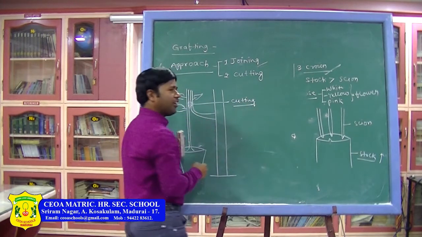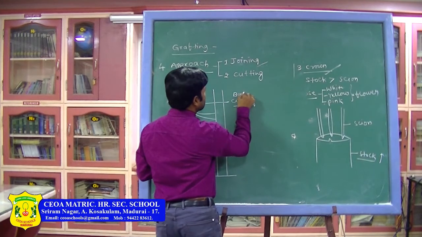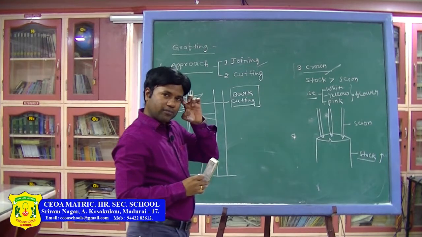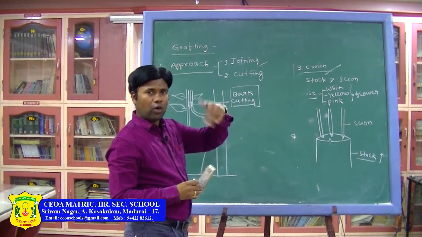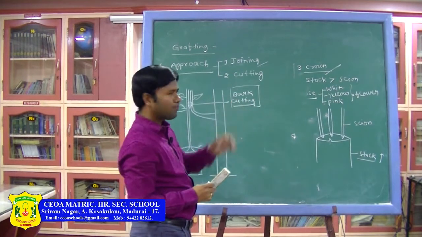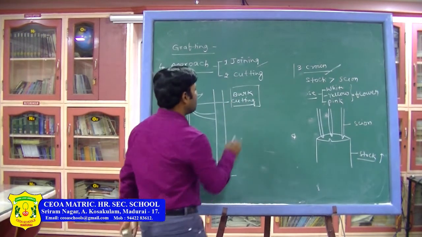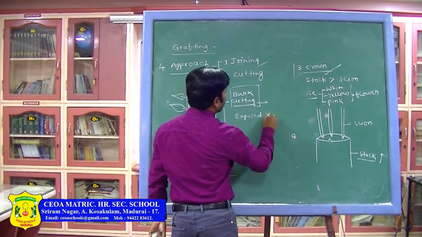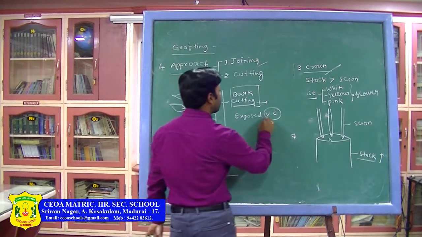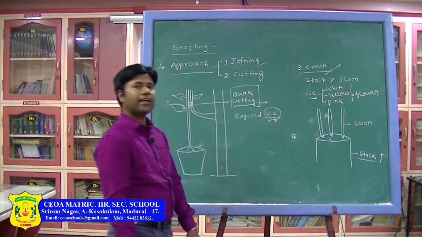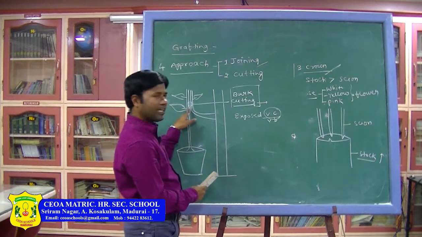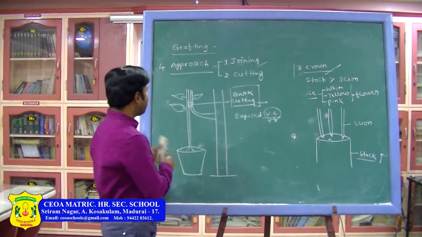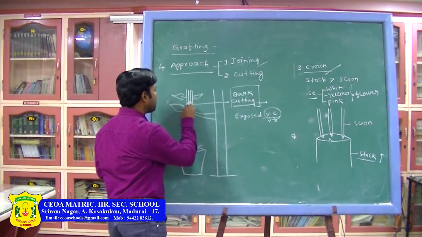For what purpose are we cutting? We are cutting the bark. We already know, what is bark? The part outside the vascular cambium is called the bark. In the previous year also we have learned. So for what purpose are we cutting? In order to expose the vascular cambium or vascular bundles. So now after cutting, again we know that binding clay will be there. With the help of that we are binding in this position.